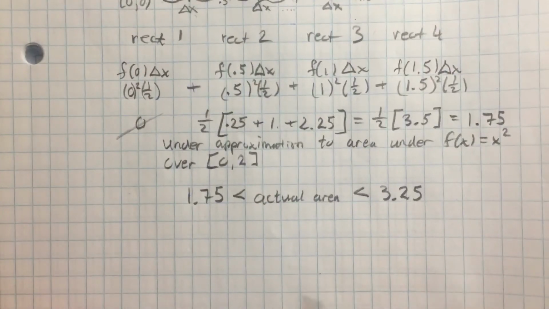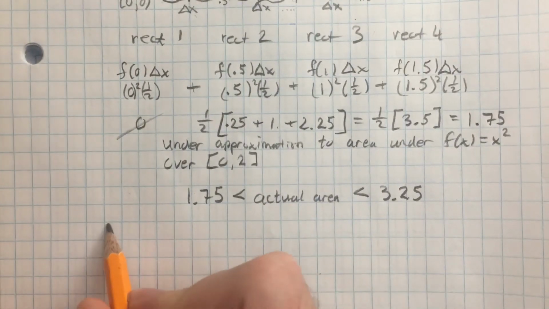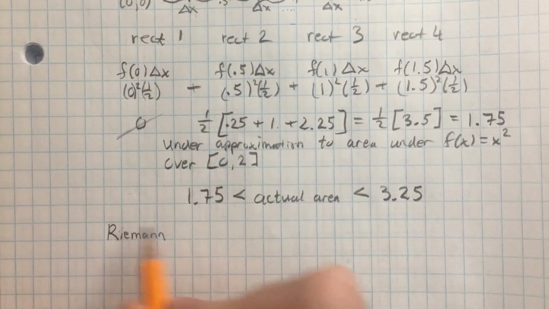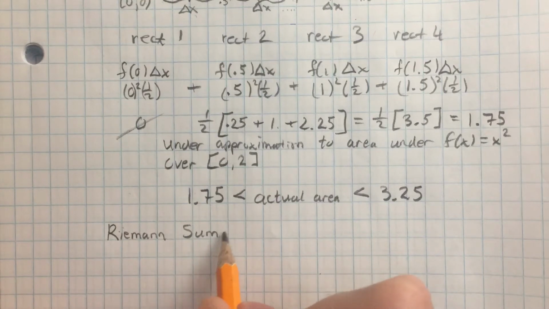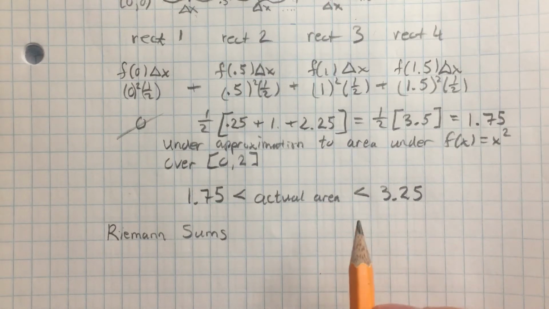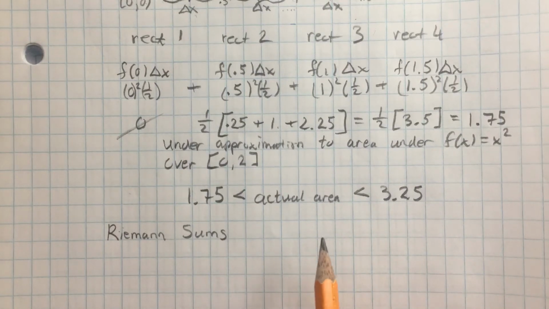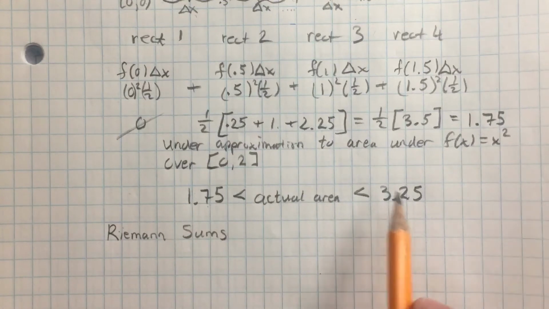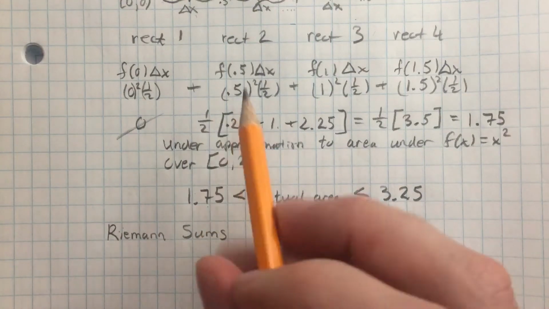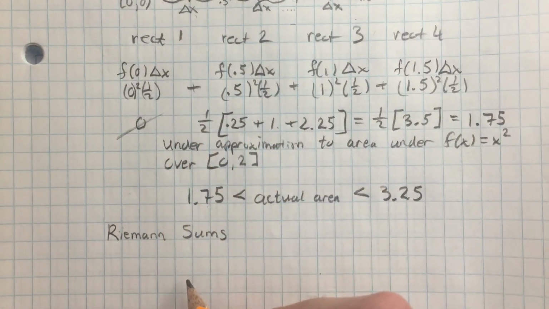These rectangular approximations we've been making are called Riemann sums. Okay. We'll get back to the actual area of this problem later on in this chapter. We now have an under approximation and an over approximation, but in the process we used something called Riemann sums. I didn't mention it before, but this is their title. So I would like to develop a formula for them now, because that's a big part of what section 5.1